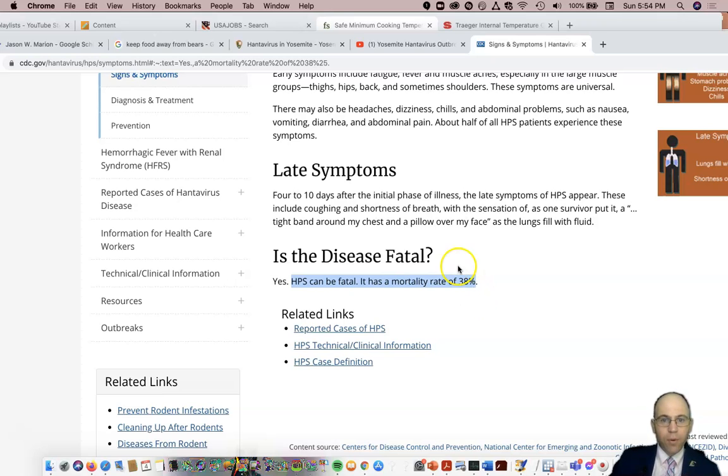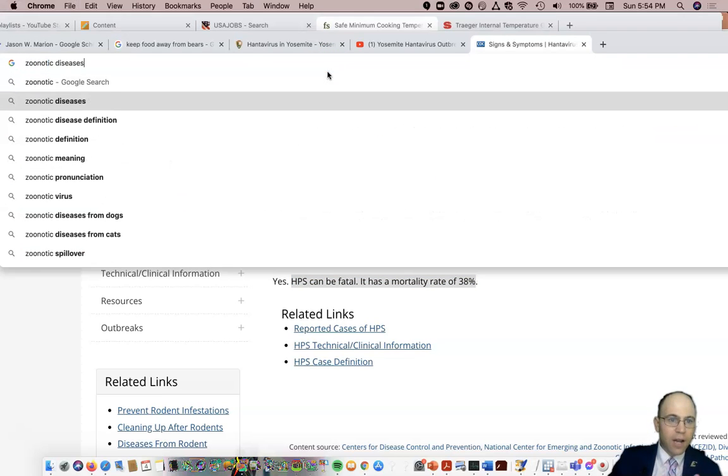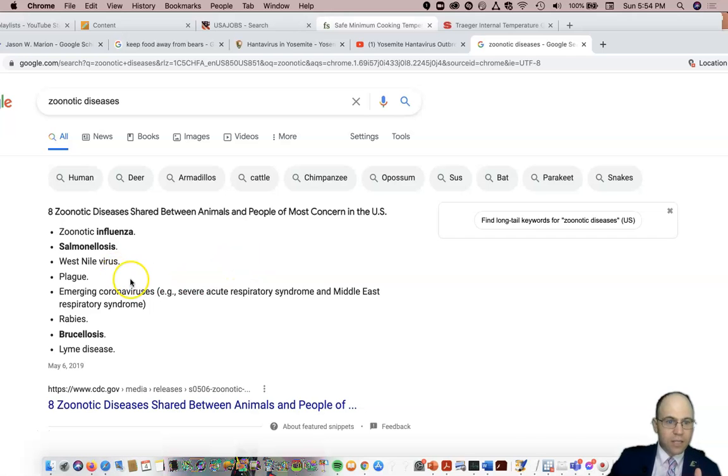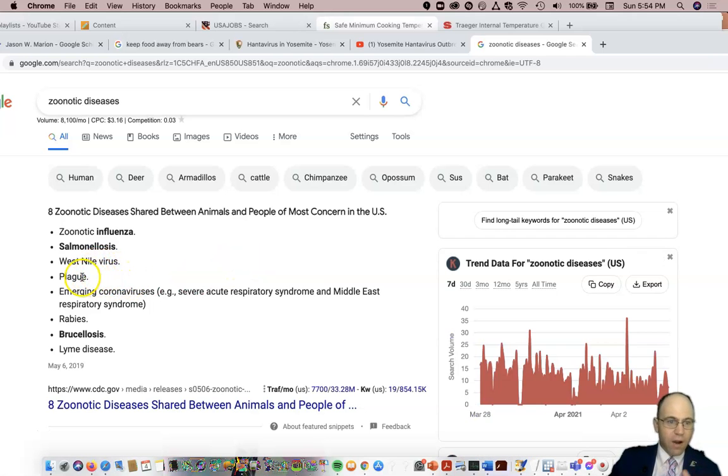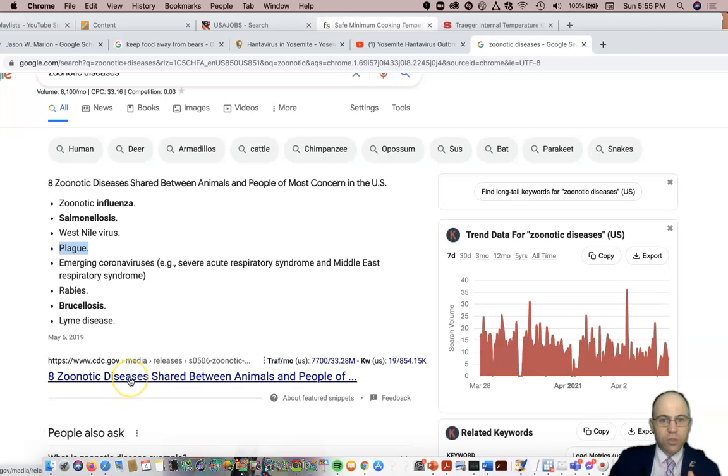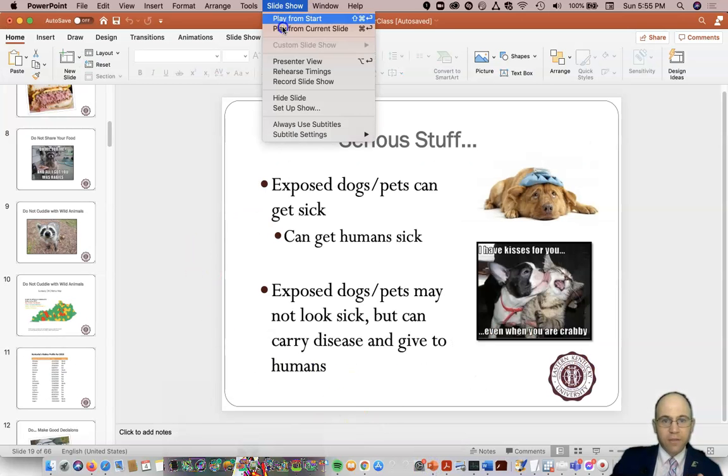Hantavirus is an example of a lot of different diseases that fall into a category of zoonotic disease. So zoonotic diseases include things like the West Nile virus, the plague. We already mentioned rabies. We're going to talk later about Lyme disease. We'll talk a little bit briefly about plague and even West Nile virus here in a little bit. But zoonotic diseases are diseases that are shared from animals to people. And then people can also have reverse zoonoses where we send diseases to animals. So we have to be mindful of the fact that hantavirus is one of those ones where we don't want